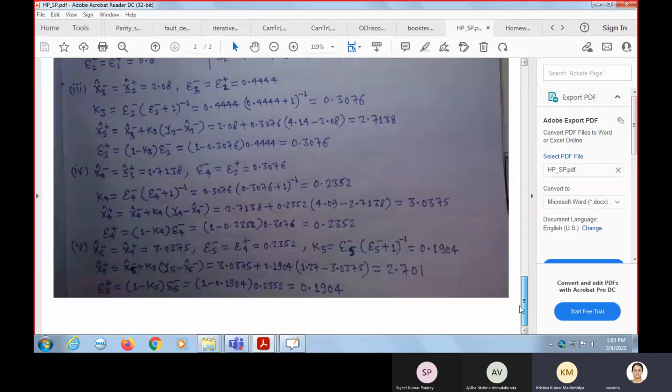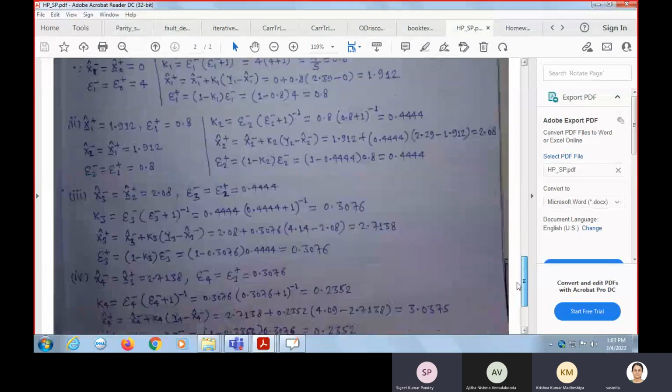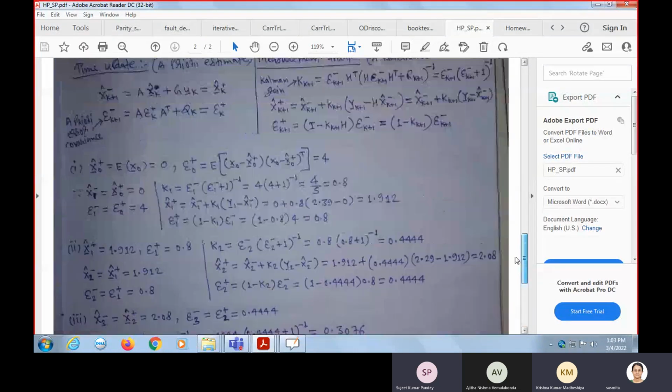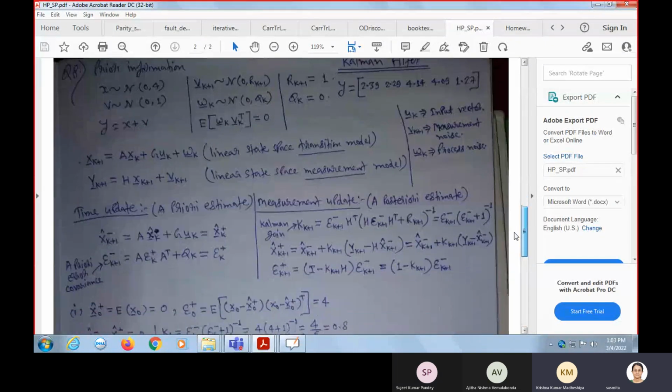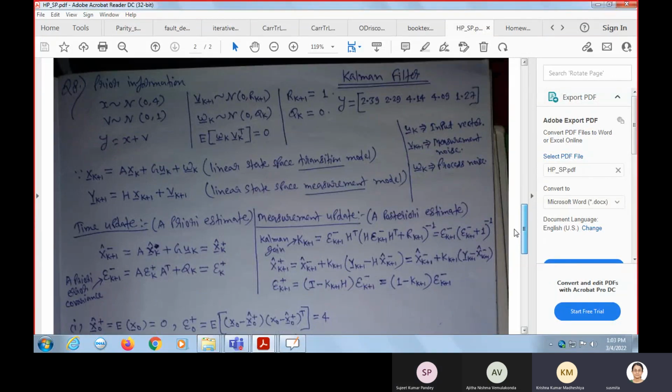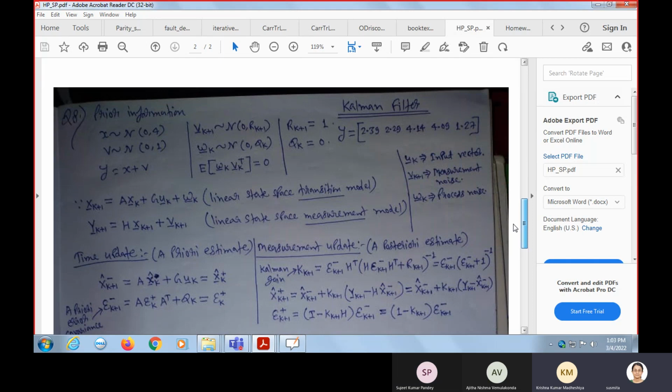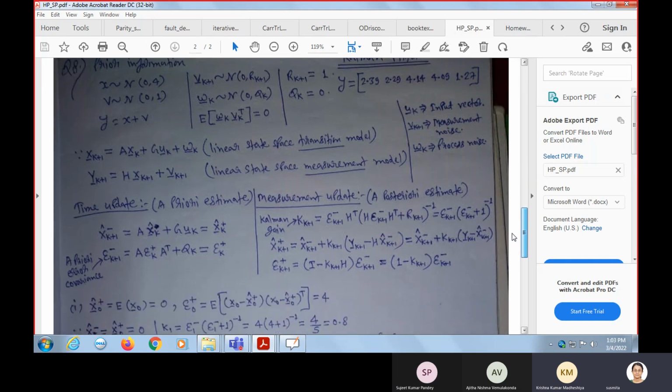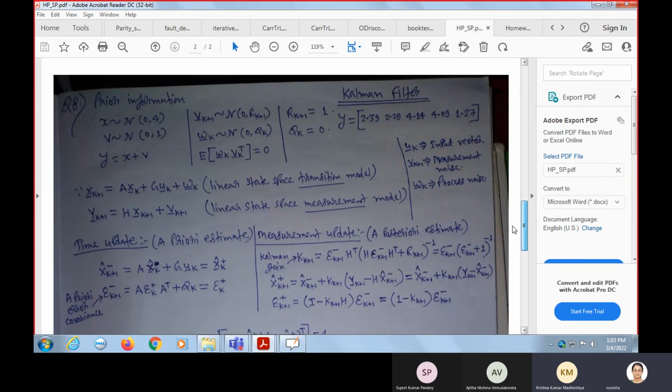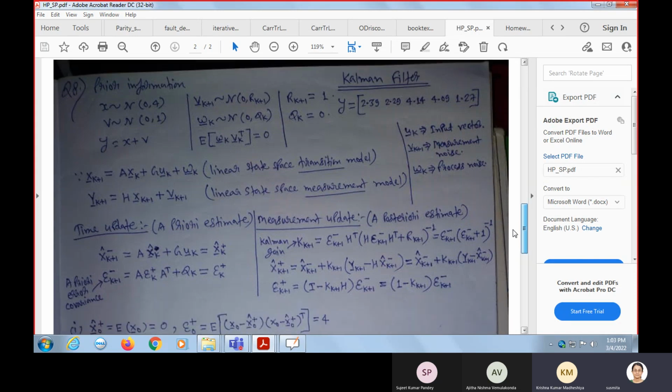What is Q? Q is 0, ma'am. Okay, written very good. Okay, Q is 0. Where did you write Q is 0? Okay, Q is 0. Okay, very good. Fine. Okay, so you have incorporated the prior information as initial guess. Okay.